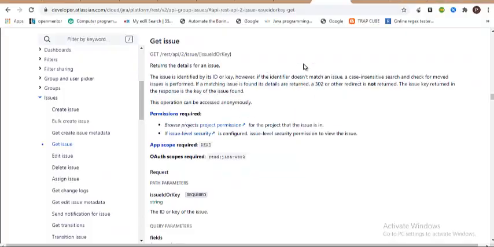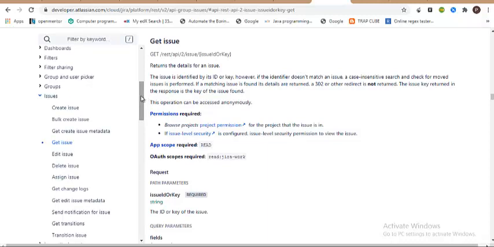I'm on the Jira developer console, where they provide documentation for all of it. In order to get an issue, this is the path they are suggesting: rest slash API slash 2. This 2 is nothing but the revision or version of their API. If something is mentioned in curly braces, understand that as a variable, so they are expecting us to put in some actual value there. They're also suggesting the type of method that you should perform on it.